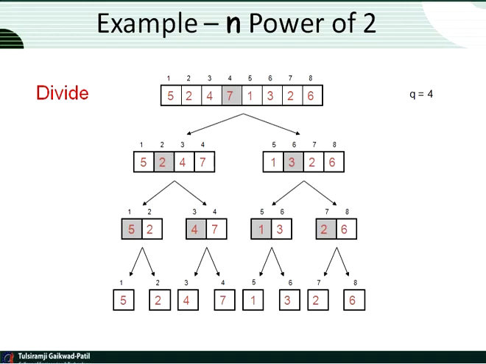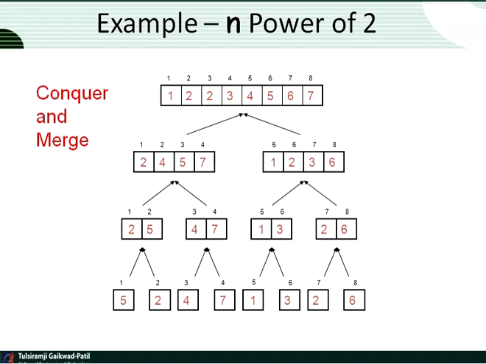Now, no further divisions are possible over here. Then we are able to compare the complete list like this. We are at this stage, say 5 and 2, bottom to up. Which one is lesser? We can say that 2 is smaller than 5. So firstly it will go with 2, then 5. 2 comma 5. 4 7 will remain as it is. 1 3 will again remain as it is, and 2 6 will remain as it is, like this. Whatever the smallest value is there, it should be sorted or arranged first.